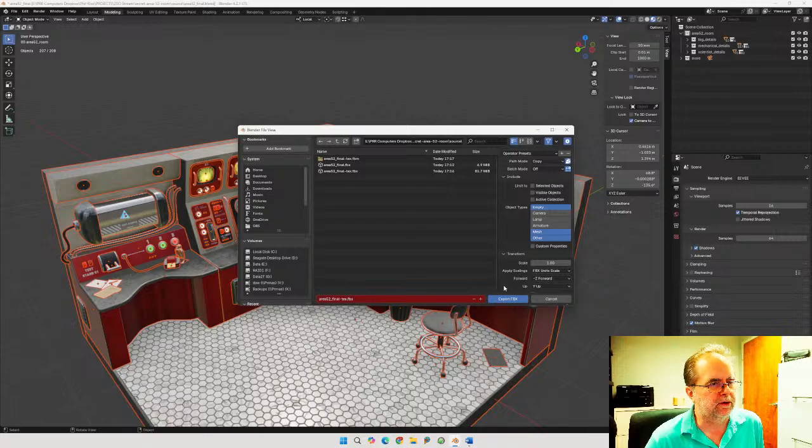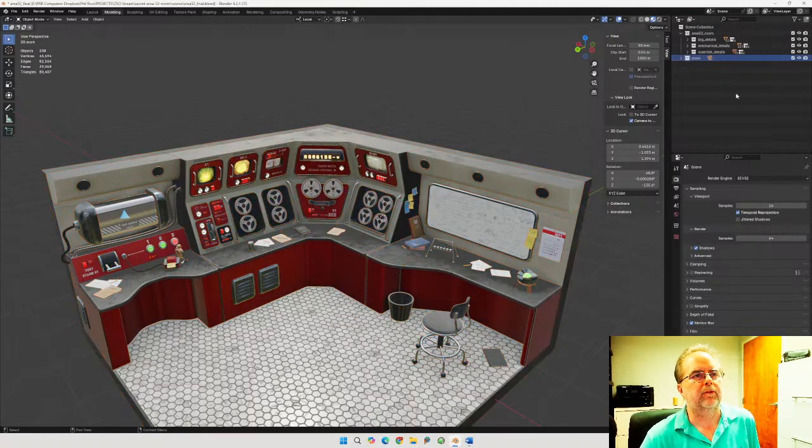What if we change the scaling? Forward, forward. Let's leave that as the default. Are there any other settings that matter here? Operator presets, selected object, visible object, character collection. Alright, if we get rid of the camera,